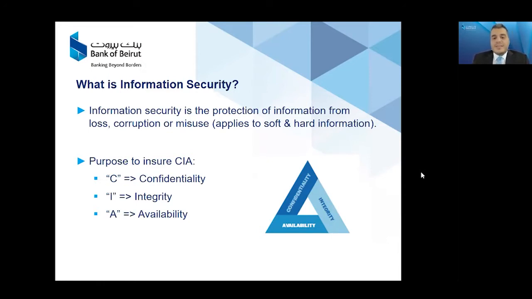Integrity means that no person can change any file without the approval, or without the person that is receiving this file knowing the source of this information. So to make sure that unauthorized persons or hackers or users cannot alter the information when being sent to the destination. Availability is when making sure that the information data is always available whenever anything happens.